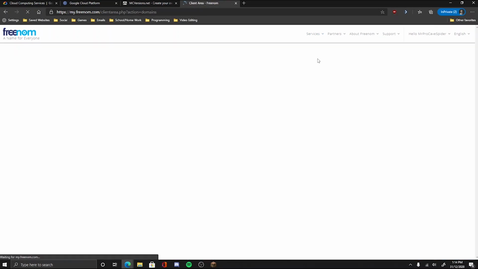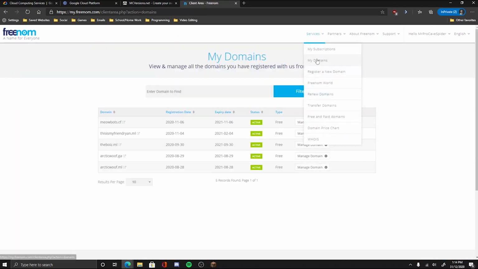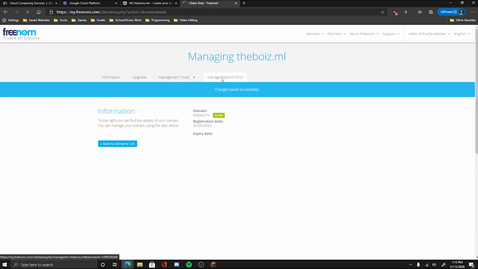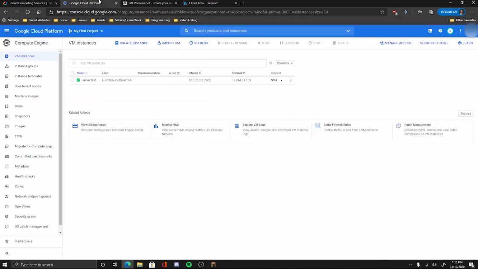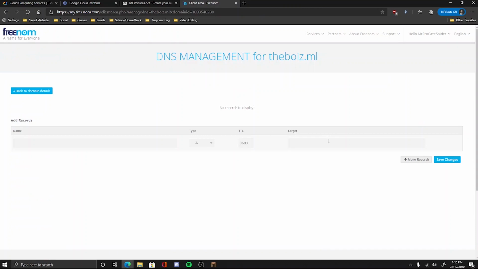Once you've got your domain, it shows up in your services, my domains. It will show your domains here. I already have mine, so it doesn't really matter. Go to manage Freenom DNS. It'll show up this page. Now go to your Google Cloud, copy this, and then paste it to the target. You don't need to change this at all unless you have a subdomain for it, but mine doesn't have one, so it doesn't really matter. Click save, and now